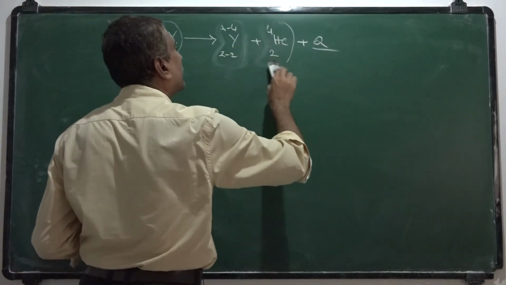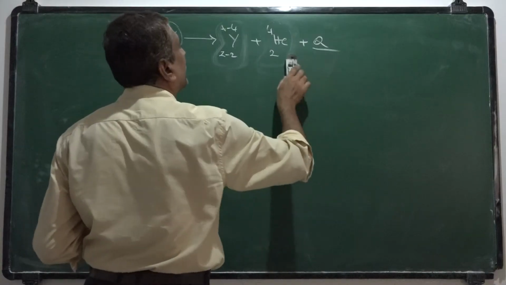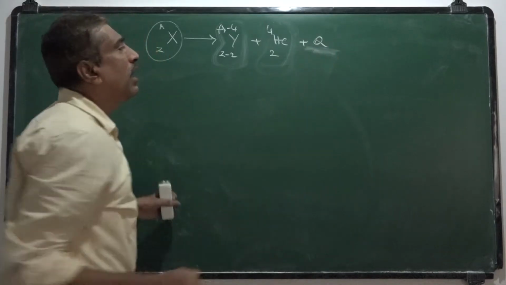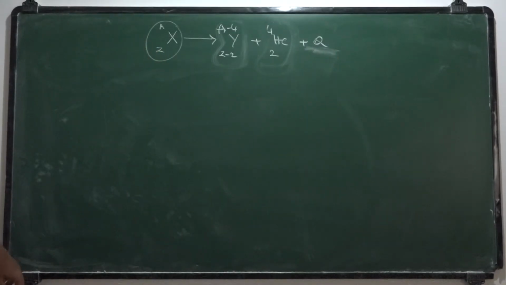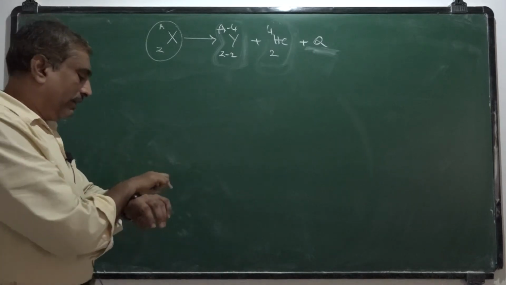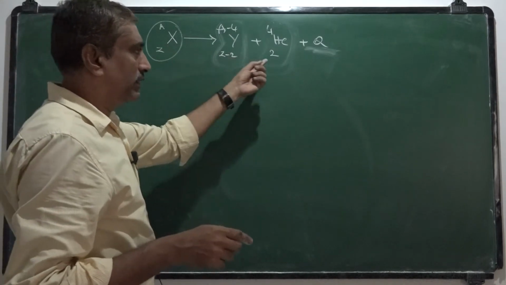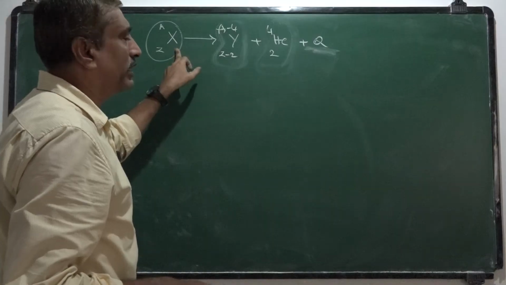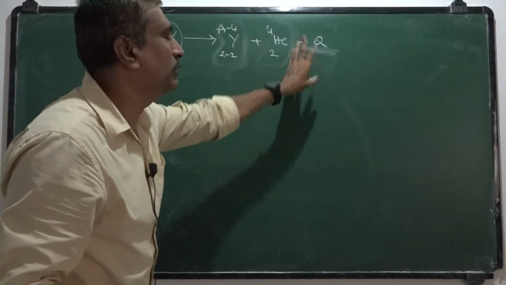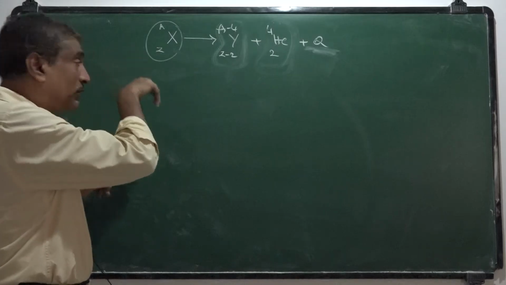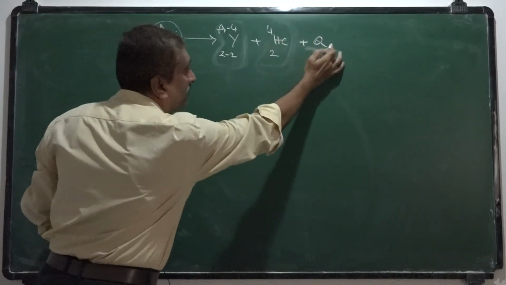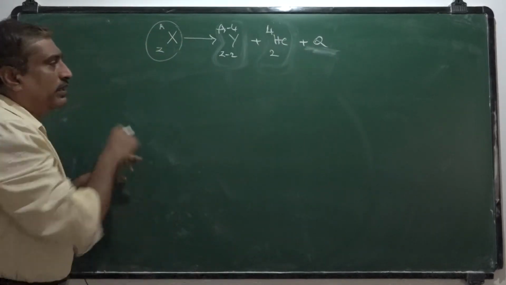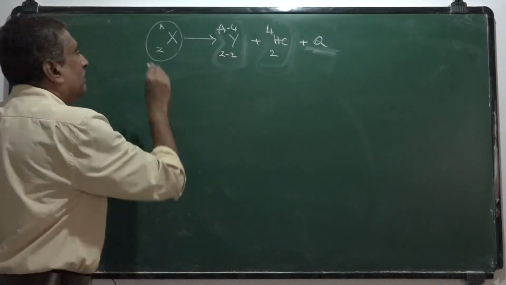To find the kinetic energy of the alpha particle, if the Q value is given, how can you calculate the kinetic energy? Now, when an alpha particle is emitted from this nucleus X, this is the daughter nucleus, an alpha particle and Q value. So now we calculate the kinetic energy of this alpha particle in terms of the Q value. We take the law of conservation of momentum and the law of conservation of kinetic energy. By applying those two, we can.